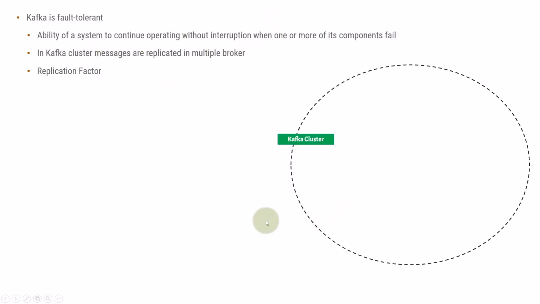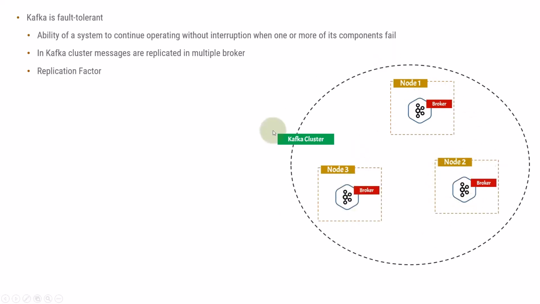Let's say this is my Kafka cluster and I have node 1, node 2 and node 3. So this Kafka cluster consists of 3 brokers: node 1 broker, node 2 broker and node 3 broker. Now when I publish a message, it will be published in node 1, node 2 and node 3 also. When I say that the message is replicated, it means that the message is present on all 3